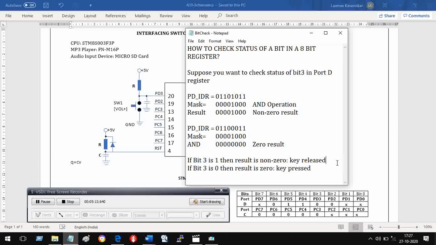So when the key is released, the result is non-zero, and when the key is pressed, the result is 0. This is what it is about. So this is how we check the status of a bit. Now let us go to the program.